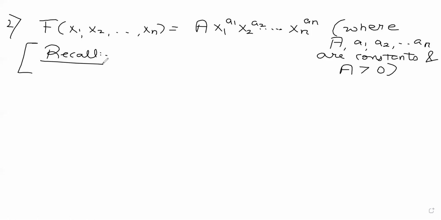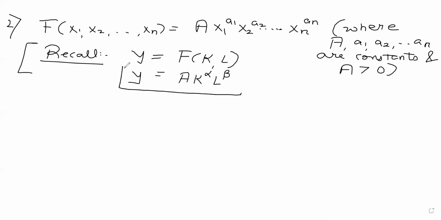So basically, output Y is a function of capital and labor. We can apply this to microeconomics. Output is a function of capital and labor, which I can write like this: A K to the power alpha, L to the power beta. This is in microeconomics, called a standard Cobb-Douglas production function,